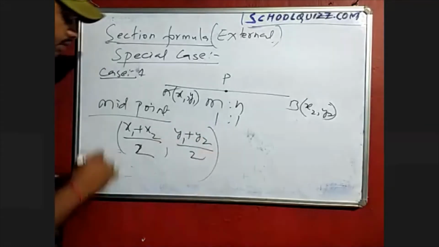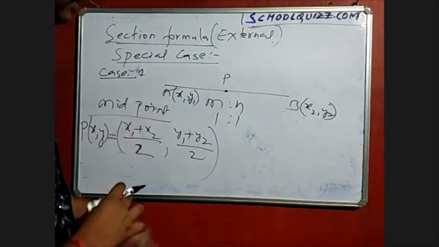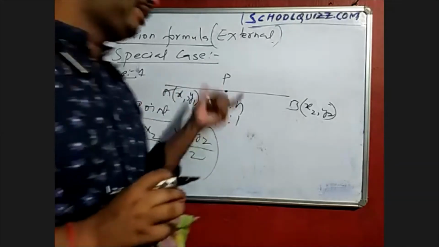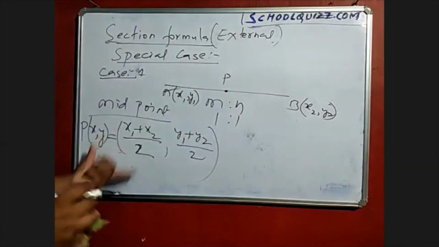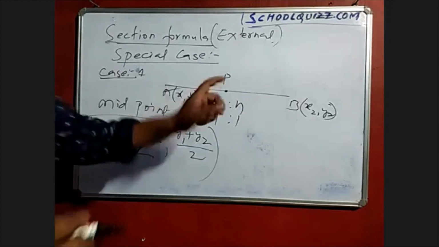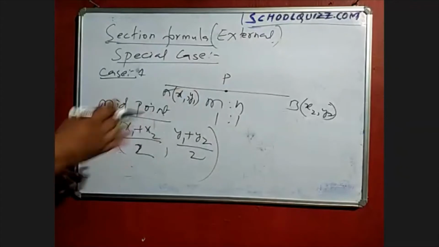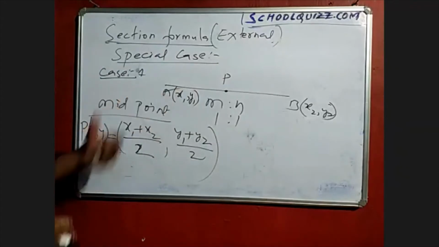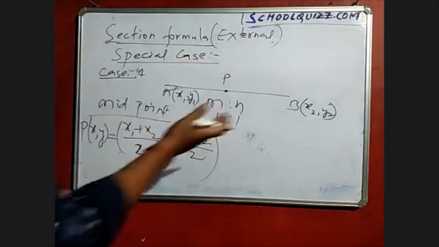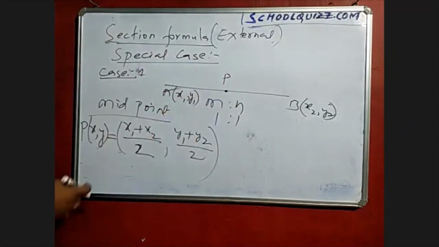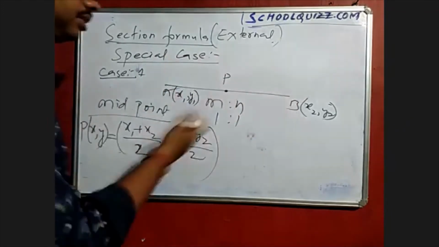This is the point P, x comma y. You can directly write this when they say that P is dividing AB in half, meaning a 1:1 ratio. So you can substitute the values directly in this formula and find the P coordinate, and in the same way you can find the A coordinate and B coordinate also, if it is mentioned. Out of these four, actually four things are there. If it is a midpoint formula, and two are given, you can calculate the third one like that.